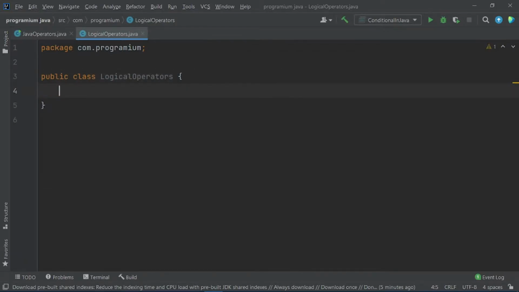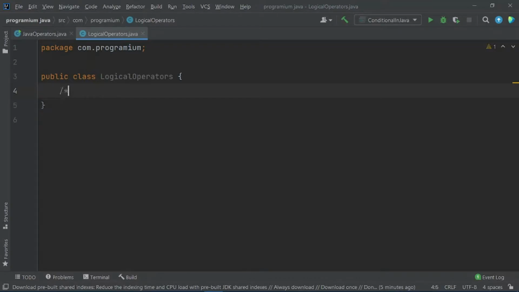So guys, what are these logical operators? First, I will tell you what the major types of these operators are, and after that we will see in the practical section how to use these operators in our Java applications.